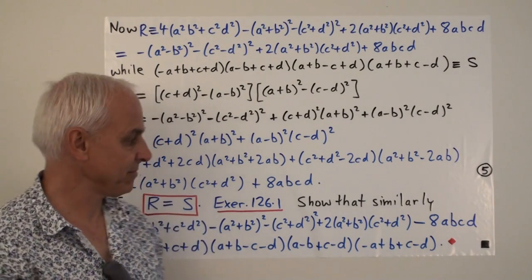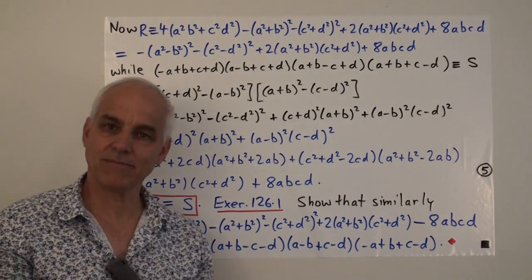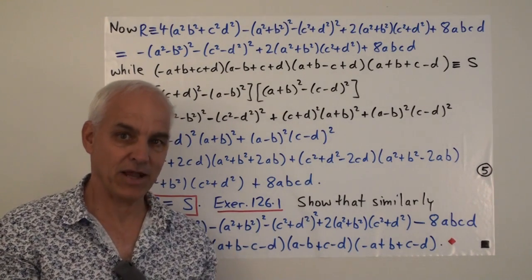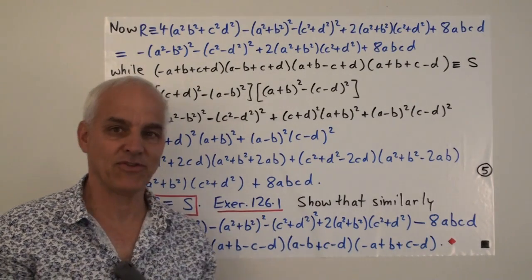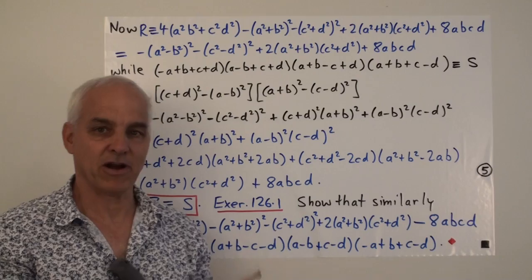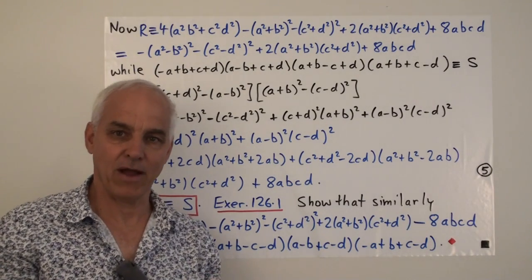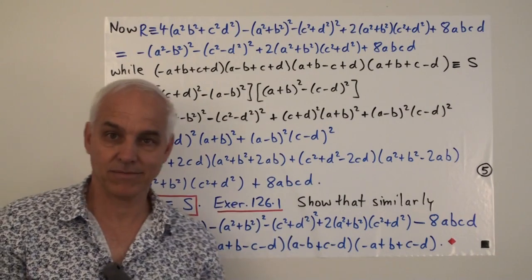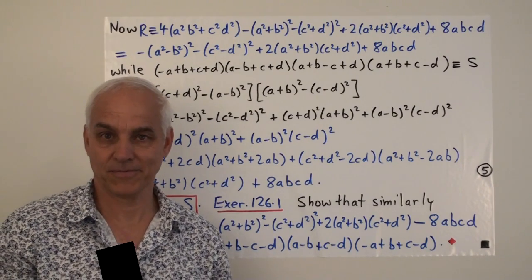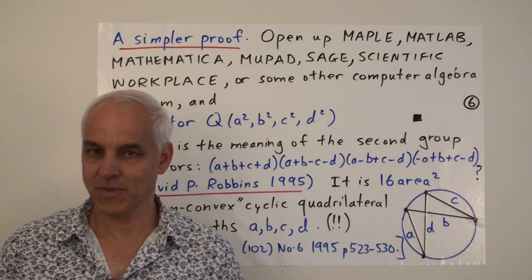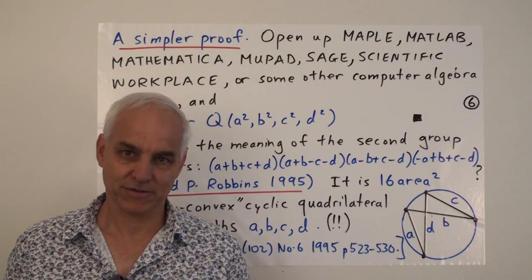All right, so some onerous algebra, but in a way kind of fun. And so I hope you can go through that, make sure you understand all the steps, and that you are not intimidated by a bunch of variables and having to move things around and taking differences of squares, which is really the only kind of thing that we're really doing here. There is, in fact, a simpler way of establishing an identity like this, which is very important to know about.